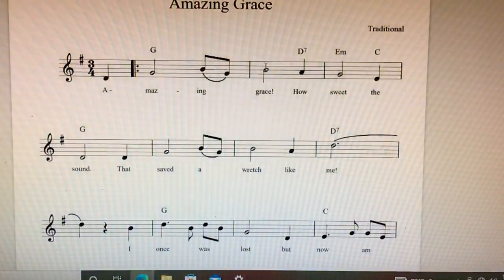When we get here, the left hand will play a G octave again, and at the same time the right hand will play a G chord and another G chord. When we get here, the left hand switches to a D octave and the right hand plays a D7. Here, the left hand switches to an E octave and the right hand plays 2 evenly spaced E minor chords,